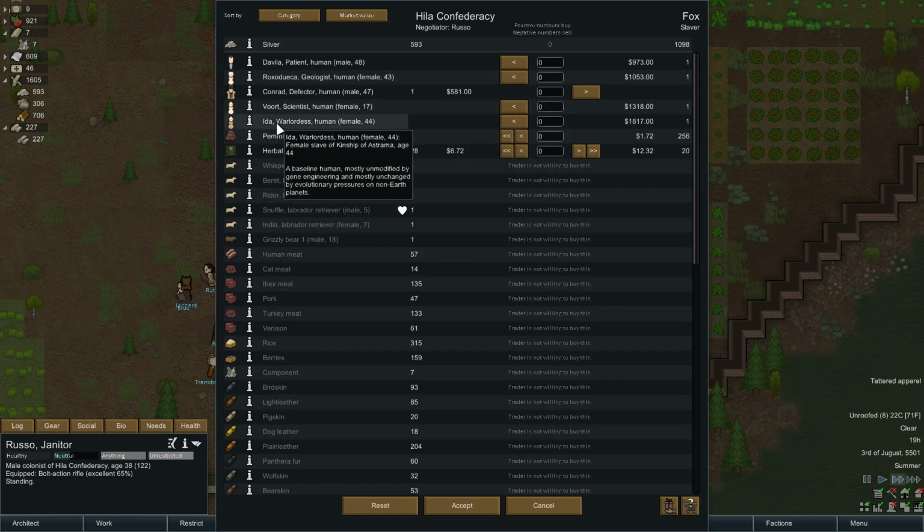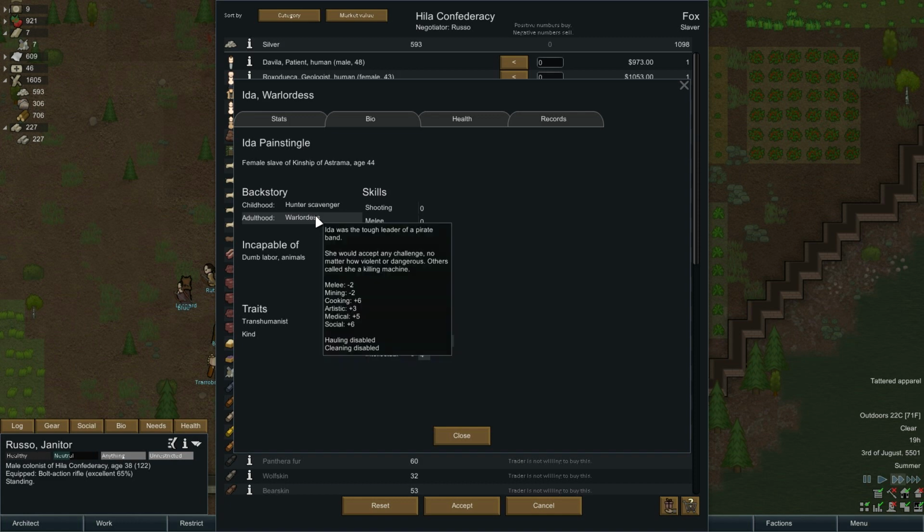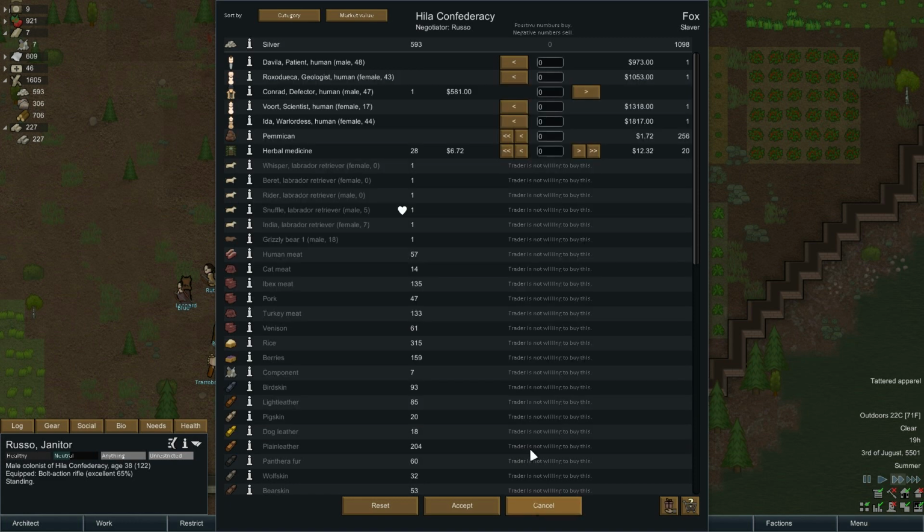Scientist and a warlord. Warlord-S. Cool. But you're no good at shooting and melee. Really? Wow. Okay. No. Well, thanks but no thanks. I don't actually want any of your stuff. But